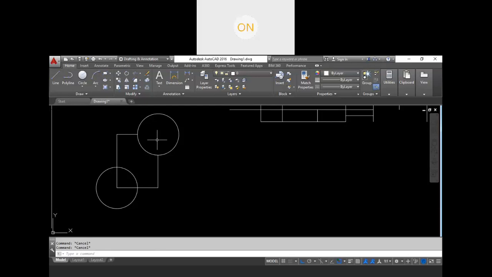For a circle, can you repeat the trim option? Yes, we can. TR, enter, and click on this. See, it is removed. But make sure you have no extension over here, otherwise you will get some problems. You will get this half trimming, right? If you have extension over here, then it will get some reference from the other objects.